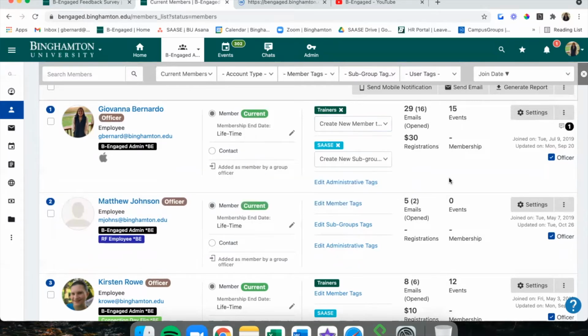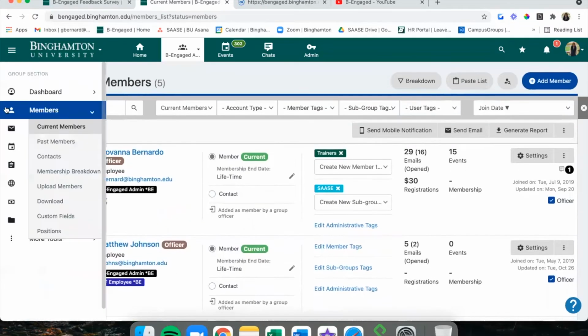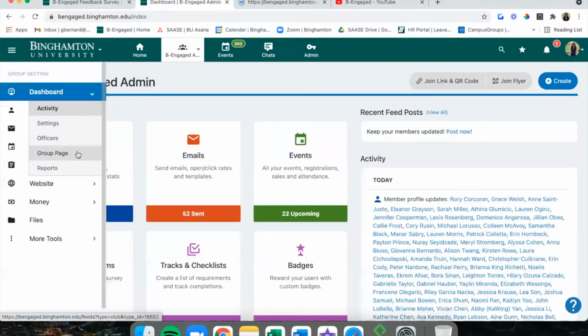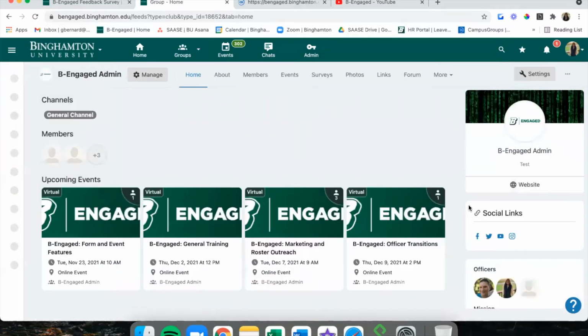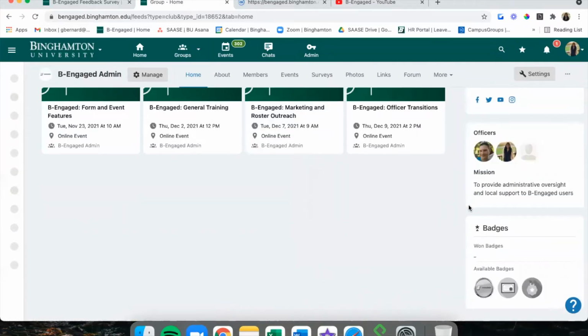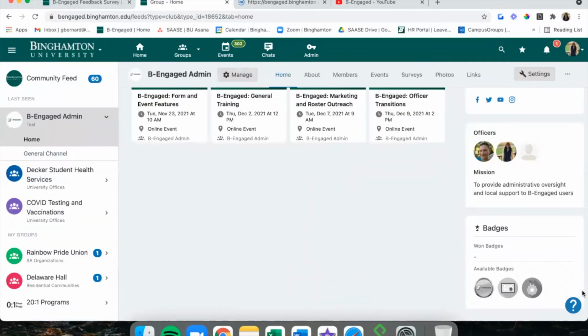The only difference in assigning subgroup tags versus member tags is that member tags can be assigned in bulk to a bunch of people all at once, whereas subgroup tags cannot. And if we head back to the group page, you'll be able to see on this right-hand side, if we scroll down, right here, there would be a section to opt in to any subgroup tags.